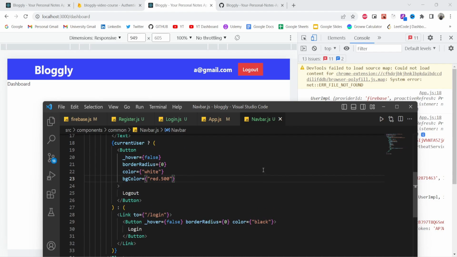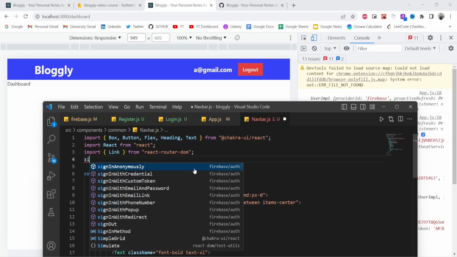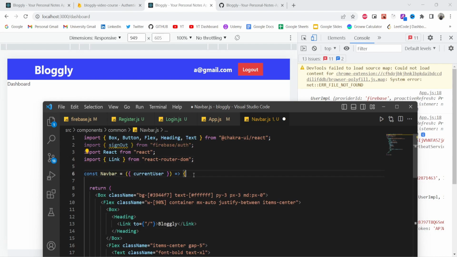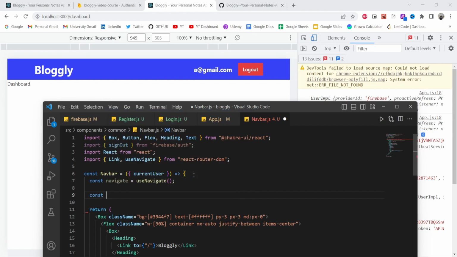Perfect. Now one more thing I want to do is, when user clicks on this logout button, we should get redirected to the home page and the user should log out. So now let us import the signOut function from firebase/auth. Perfect. Now create one variable navigate, initialize it with useNavigate. That's it. Create one async function handleLogout,